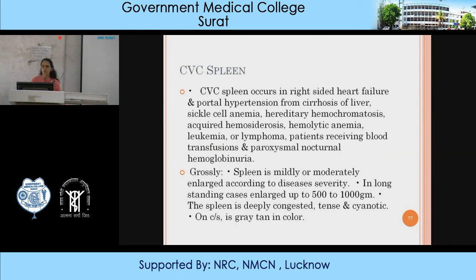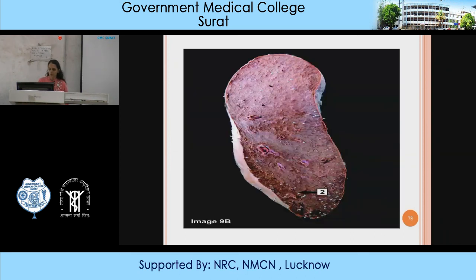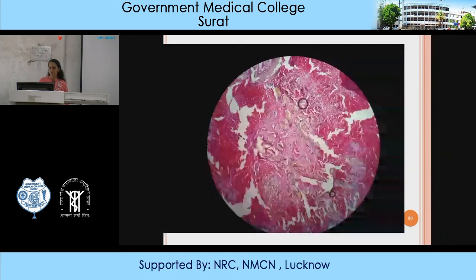CVC has been included in your general patho lectures, but still just gross and microscopy that spleen has 3 stages of splenomegaly, that is mild, moderate and severe. You should know the causes according to the size of the spleen. You can see the sclerosed cut surface, some white area, sinuses, microscopically Gamna-Gandy bodies. This is the picture of sickle cell anemia with Gamna-Gandy bodies, and it's a splenomegaly, congestive splenomegaly.